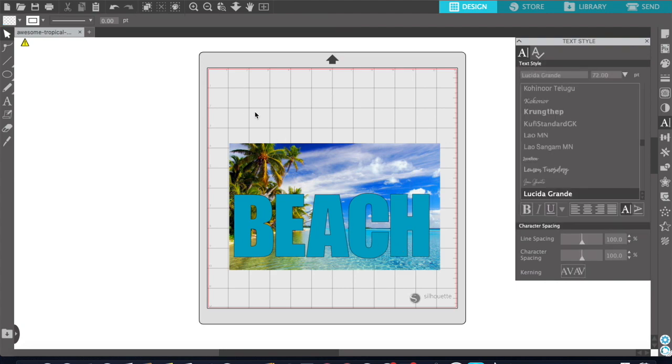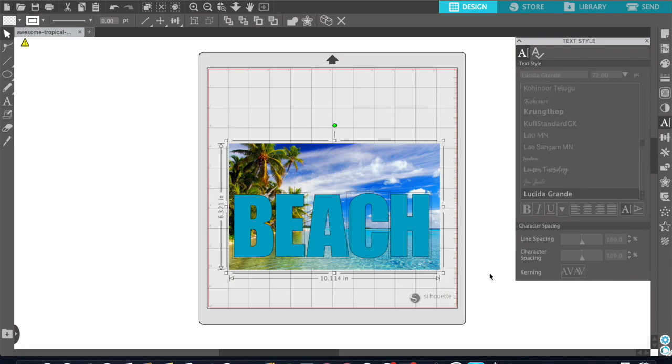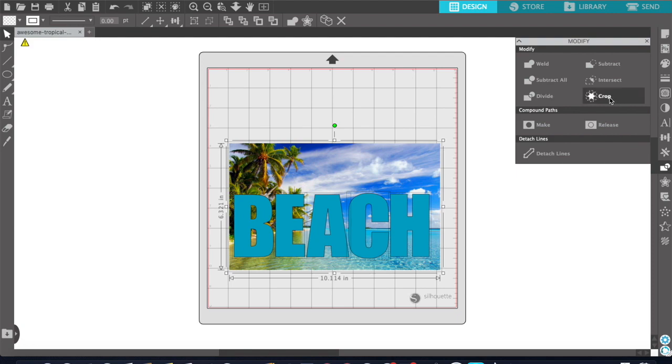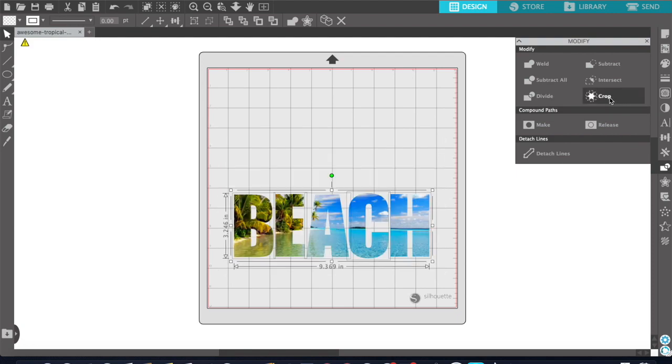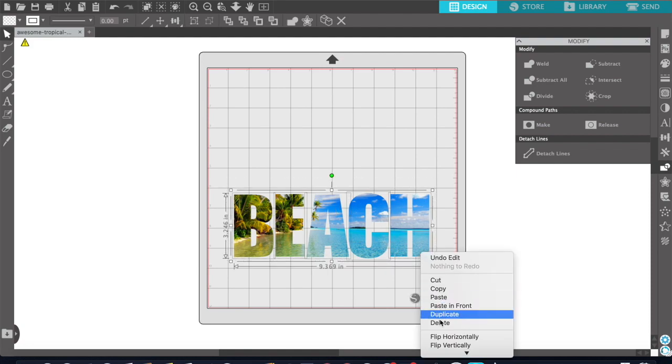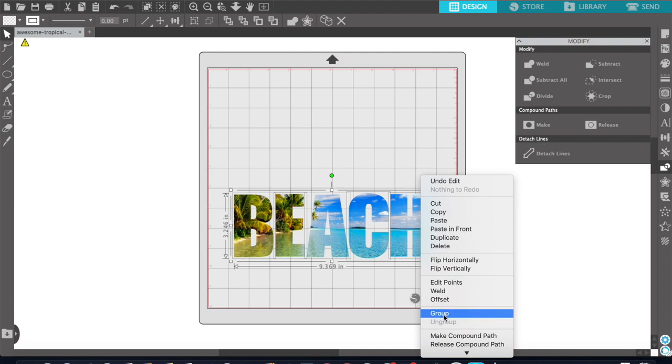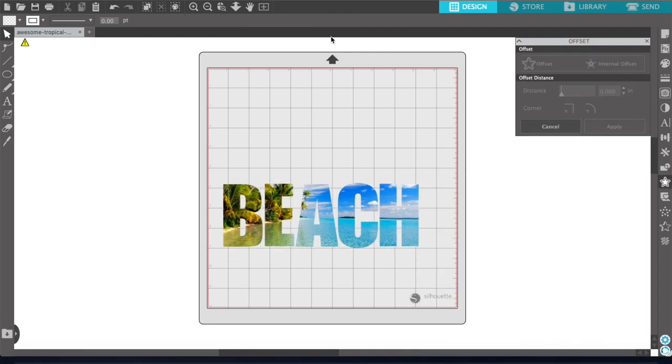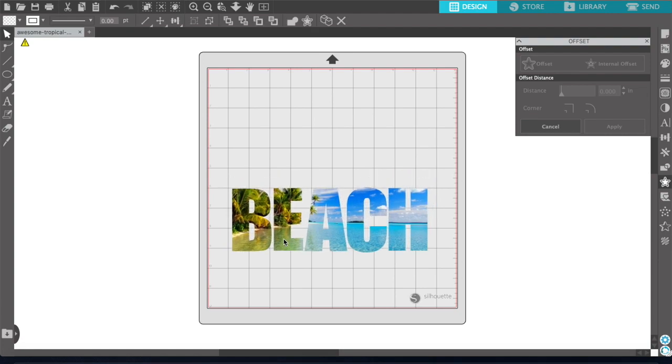Now what we are going to do is select all of it, the image and the text, and we are going to go to our modify panel and hit crop. It's as simple as that. We are going to now select all of these and group so that they stay together. Okay, now that we have our image and our text complete, we are just going to add the rest of